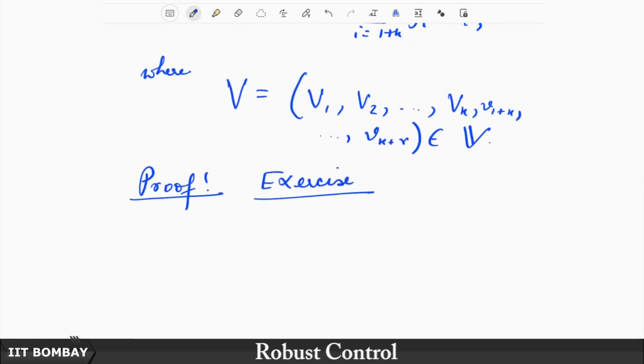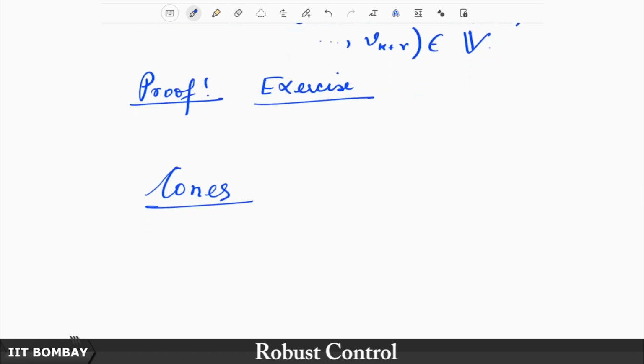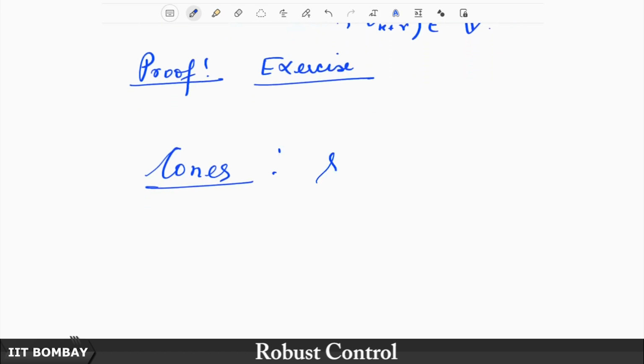Before we really wind up on this discussion on convexity, another important object that I feel we should discuss is that which is known as cones. So, we have discussed vector spaces, we have discussed convex hulls, now we discuss what is called cones. So, suppose